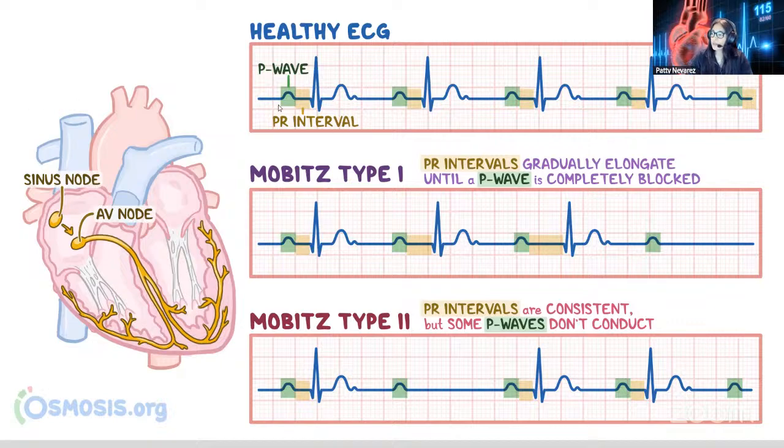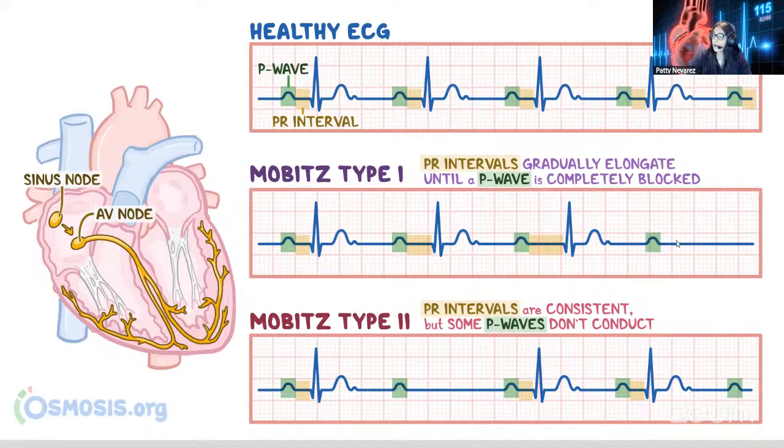On the top strip, we do have a regular, or as they call it here, a healthy EKG. And then we have a sample of Mobitz 1 and Mobitz 2. On Mobitz 1 or Wenckebach, we did say that the delay is going to happen progressively with every beat. And we can see here the representation of this yellow area. This is what is going to show the lengthening of the PR